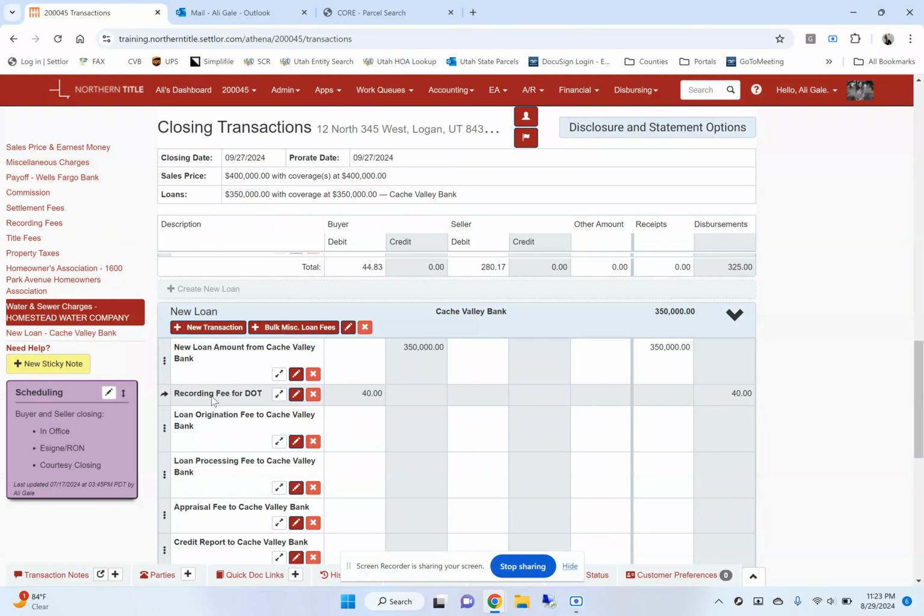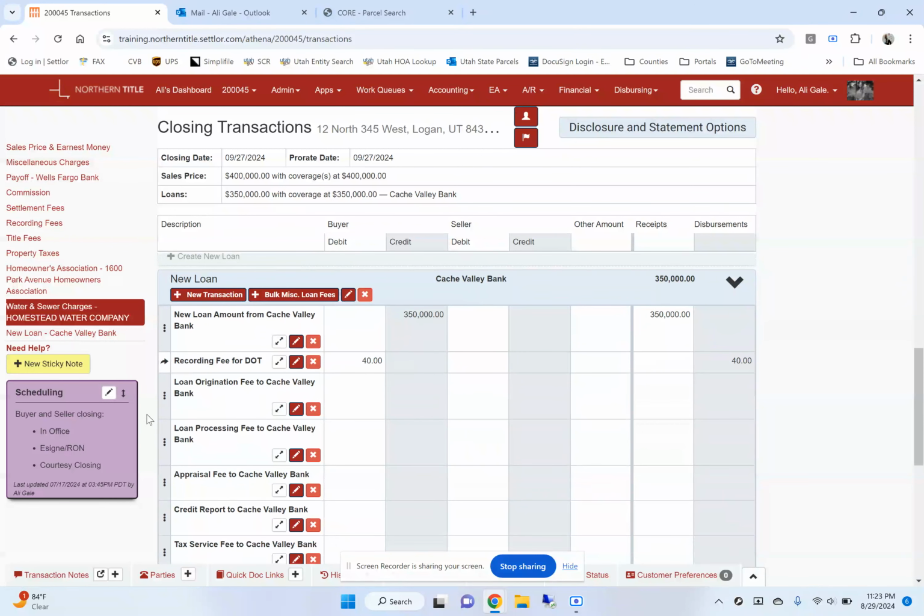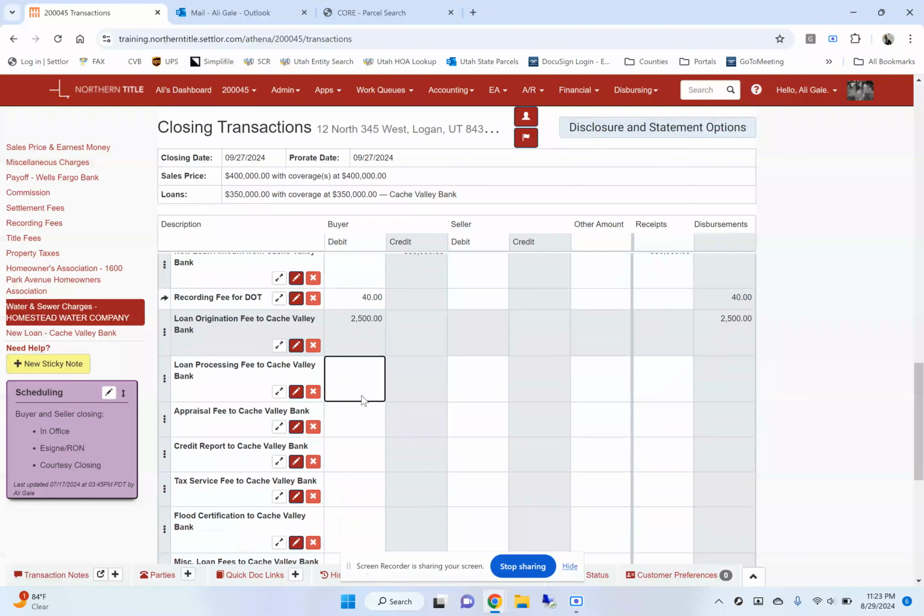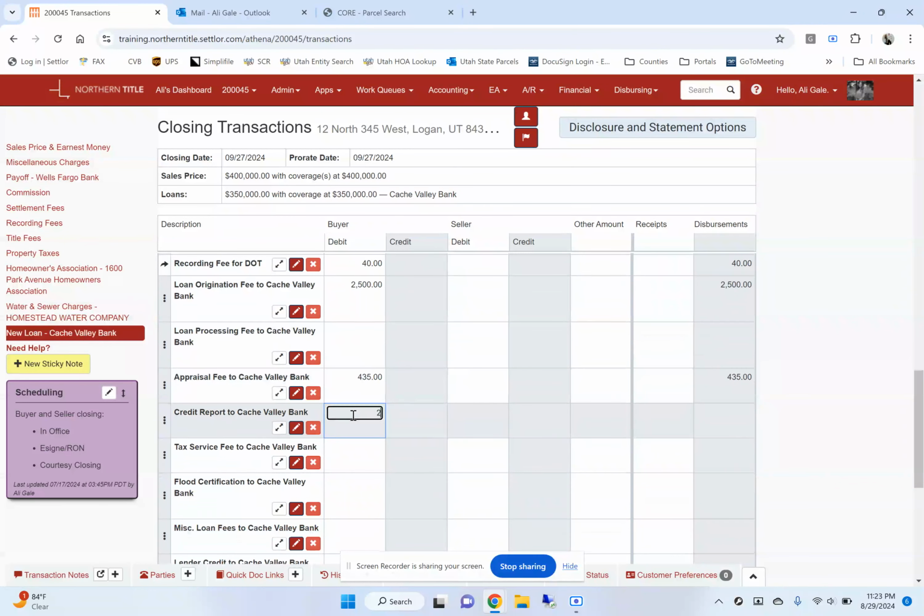Ignore this recording fee. This doesn't happen in the live files. This is just practice training, so that's an old setting that will be erased. But in this new loans tab, I can add everything from my lender's CD. So I can add in my origination fee. I can add in processing, the appraisal, the credit report, the tax service, the flood,